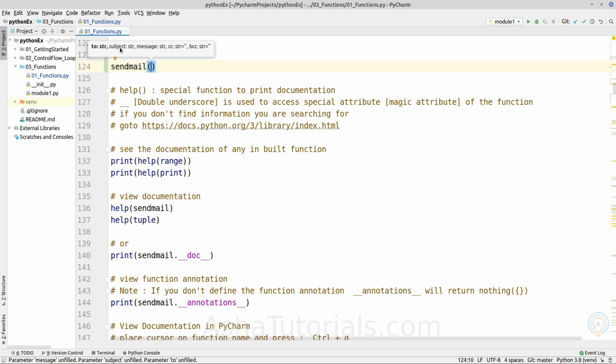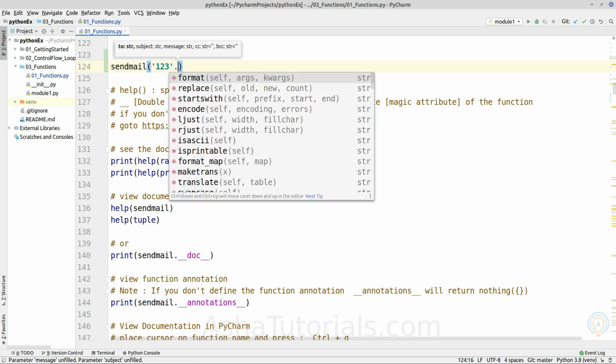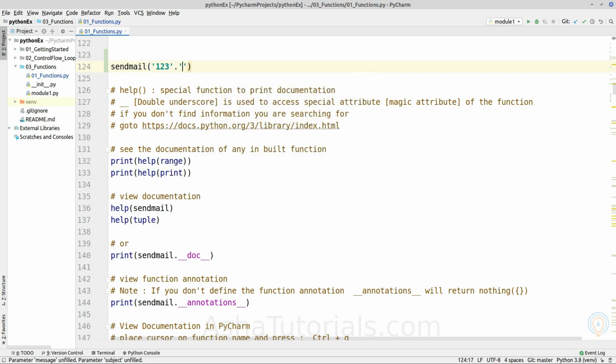So whenever you are passing a parameter, it will give you that functional annotation from the particular function. Here you can see that you are writing the two parameters which should be expressed in the string. Okay, after that, suppose you are writing the second parameter, so it will move.